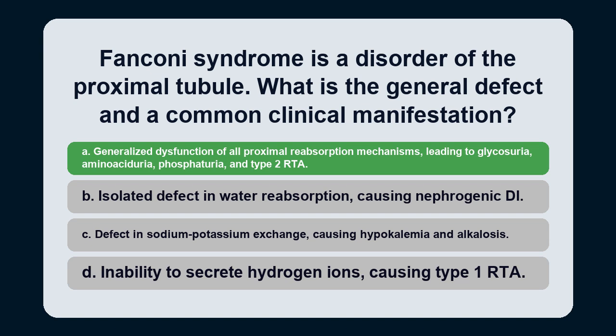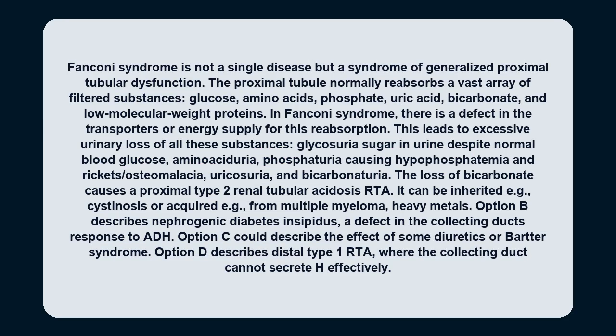The answer is A. Fanconi syndrome is not a single disease, but a syndrome of generalized proximal tubular dysfunction. The proximal tubule normally reabsorbs a vast array of filtered substances: glucose, amino acids, phosphate, uric acid, bicarbonate, and low molecular weight proteins. In Fanconi syndrome, there is a defect in the transporters or energy supply for this reabsorption. This leads to excessive urinary loss of all these substances: glycosuria, sugar in urine despite normal blood glucose, aminoaciduria,